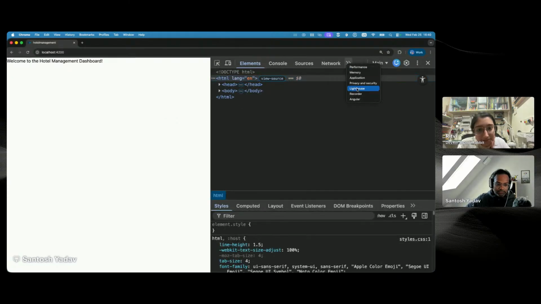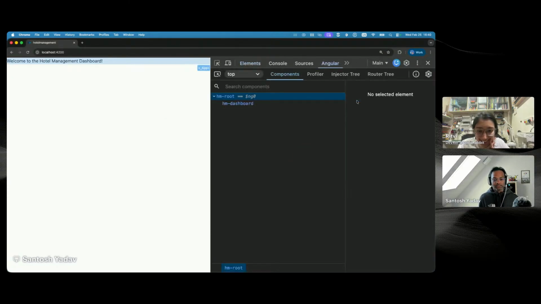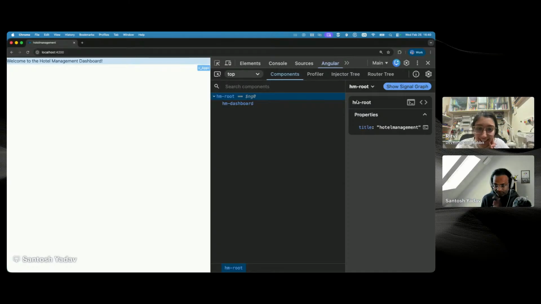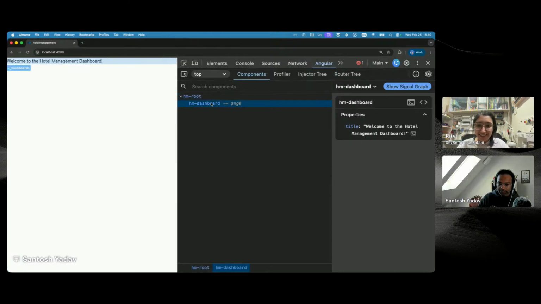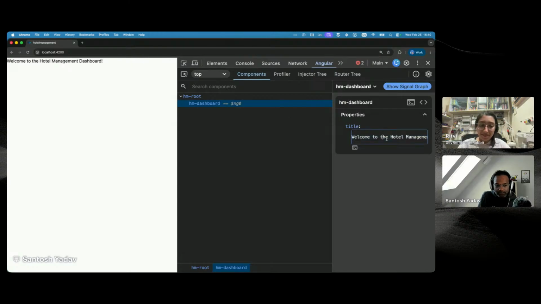And you can also see something called Angular, and this is how your Angular DevTools looks. Lovely. It also renders what is known as the DOM tree. I think everyone knows what a DOM tree is, right? If you started with HTML, that's one thing you learn about. So it says you have a root, then a dashboard, and if I had multiple components, it would render all of those. It says your dashboard has a property called title. I can change it,